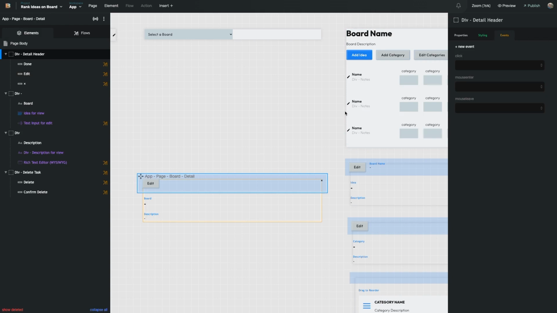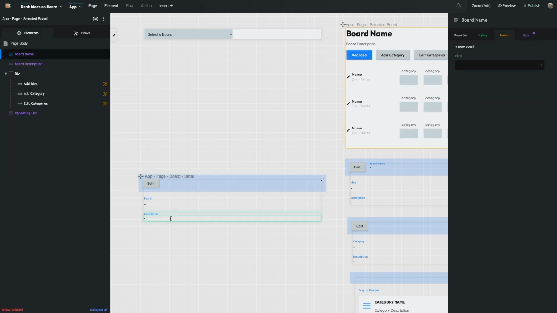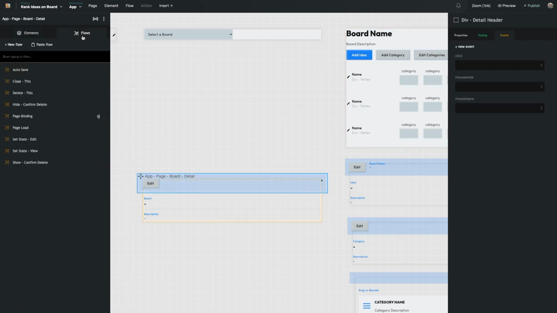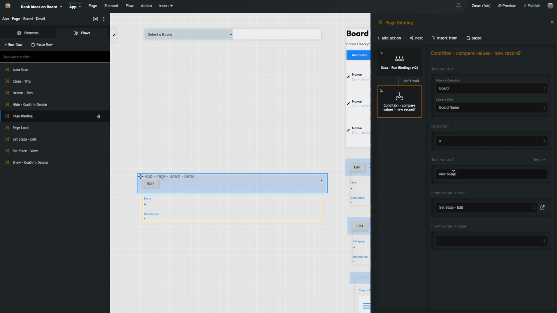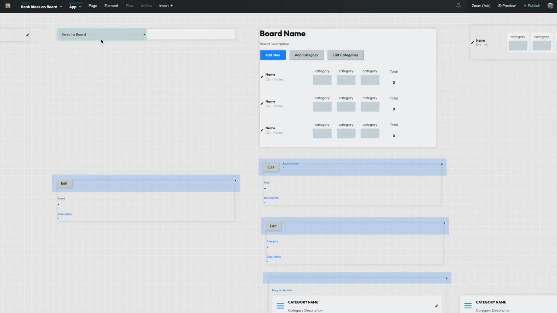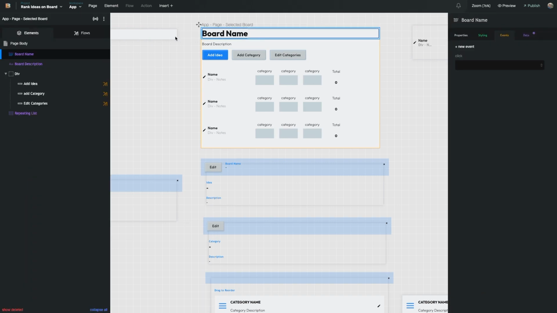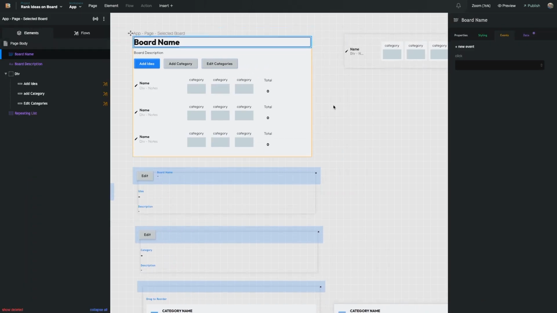And I'm going to do the same thing on this page where on page load, I'm going to compare the board name to new board and set state edit. So what's going to happen is when I create a new board, I'm going to open it into this page. This page is going to see if it's new and then open this page as well. And so the last thing I need to add here is the ability to edit